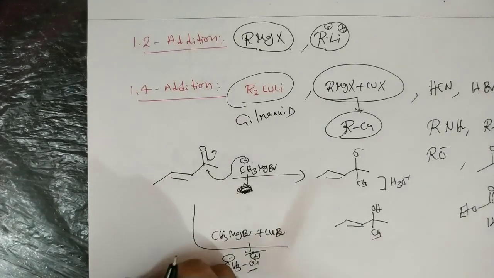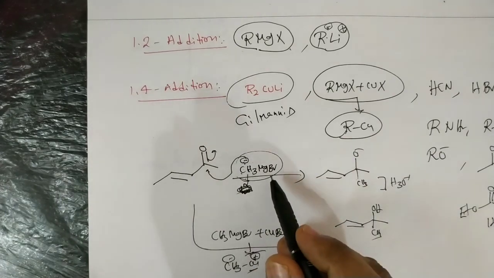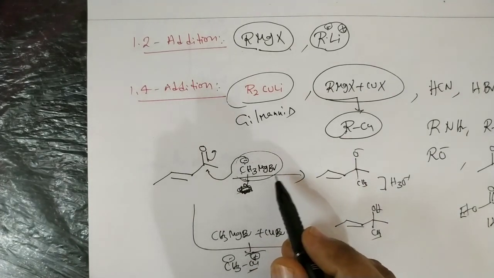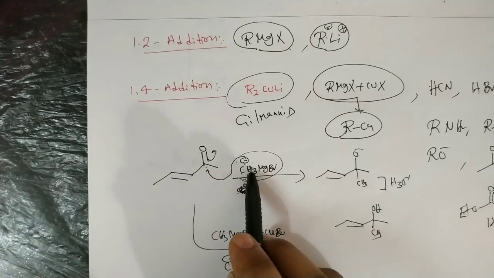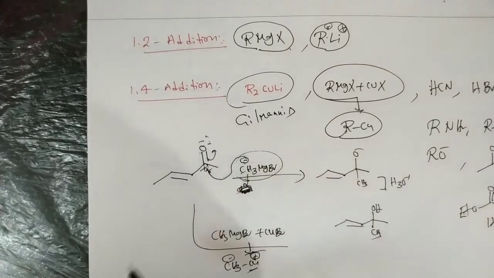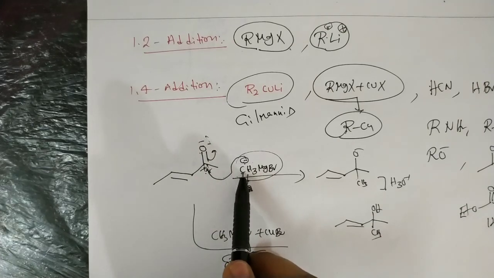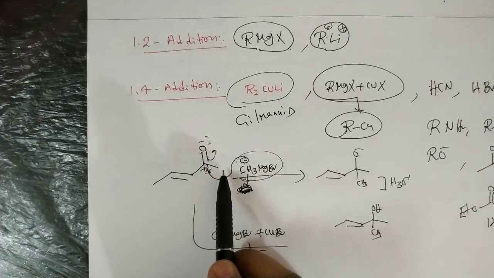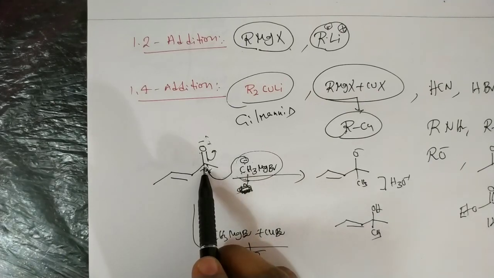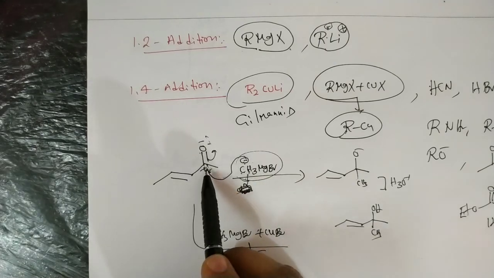Now all these are hard nucleophiles. More negative charge, more charge density, means hard nucleophiles. Here there is more positive charge, so this readily attacks this site, because there is a larger electronegativity difference, more negative charge here and more positive charge there. So it is a hard nucleophile, and in this case that is a hard acidic site, a hard electrophilic site. So the reaction is between hard and hard.